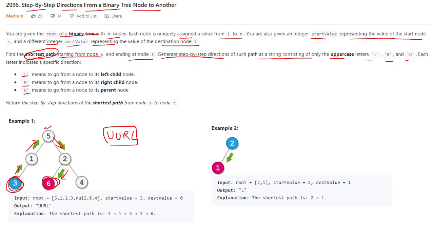So why it says the shortest path is because there can be a condition like this. Suppose you have this path something like this. Suppose this is 1, this is 3, this is 6, this is 5. So when you want to reach 6, how can you reach it? You can reach it by either going from here to here directly, or you can go back from here and then again come back to this part. So basically you don't want to repeat any paths. You have to just find the shortest path with which you can reach this particular node.